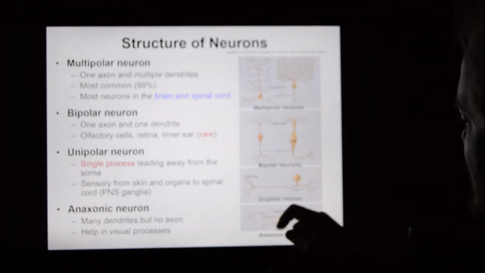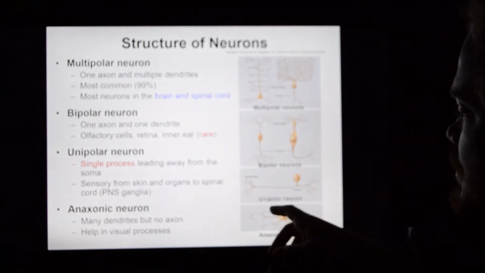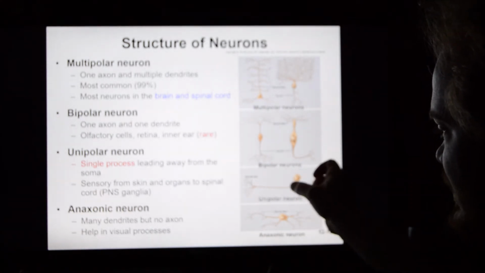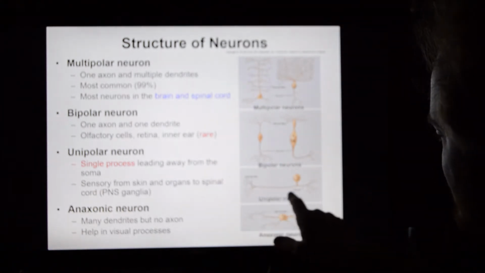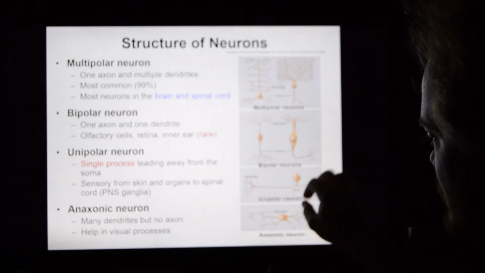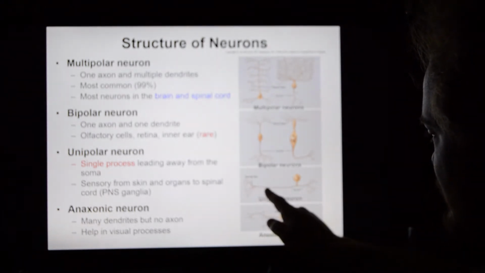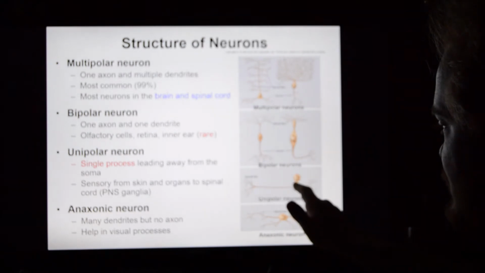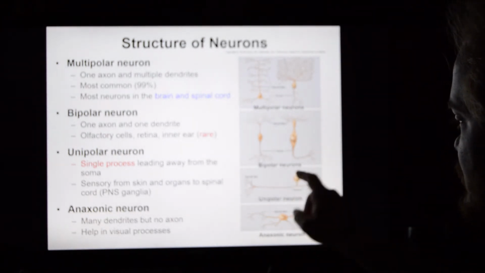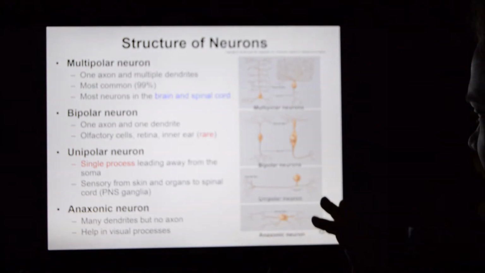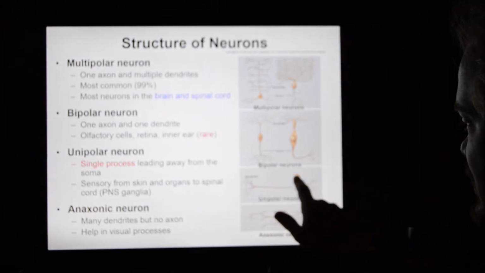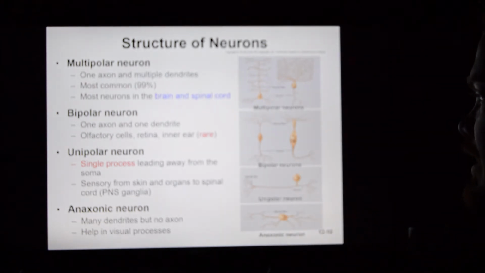Then there are unipolar neurons. Unipolar neurons aren't truly unipolar. During the development process, the axon and the dendrite fuse at one tip, so you end up with one little spot connected to the soma, the nerve cell body. But in reality, these are dendrites coming in and attaching, and then that's an axon coming out and attaching down here. So it's really more like a bipolar, but we call them unipolar because they have one projection coming off the nucleus.